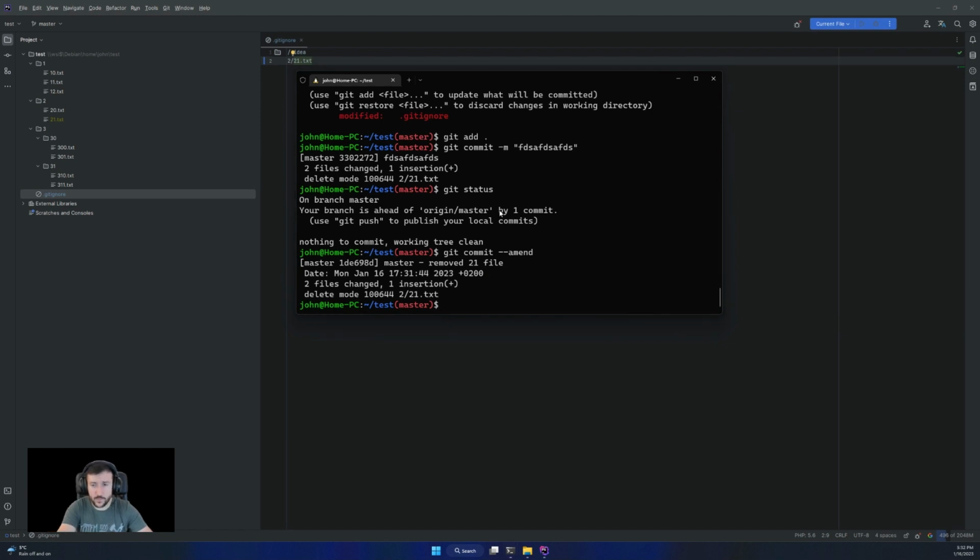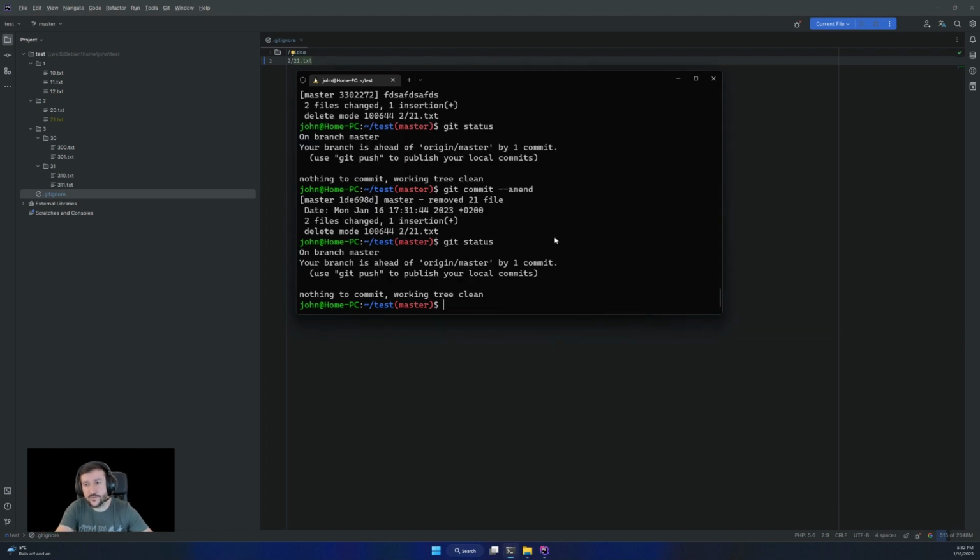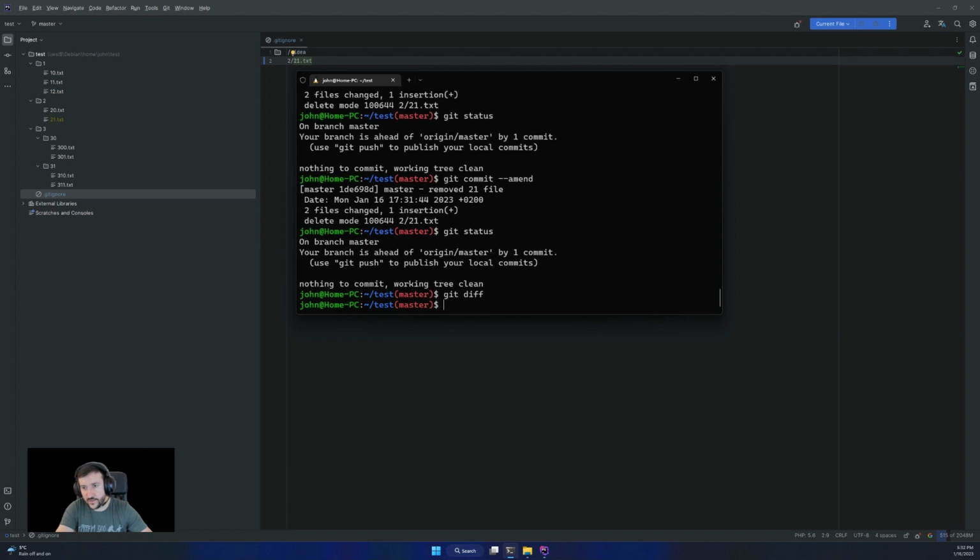Let's say we want to see at any point what's happening, and we want to have more details. So if I do a git diff right now, yeah, nothing will show. Let's say I want to know what happened in git.